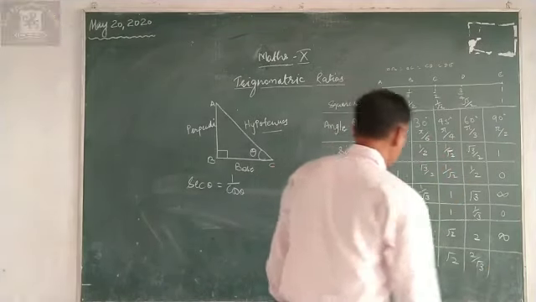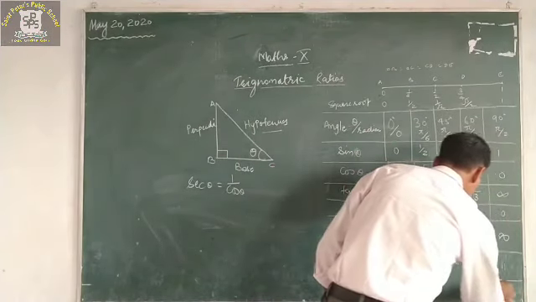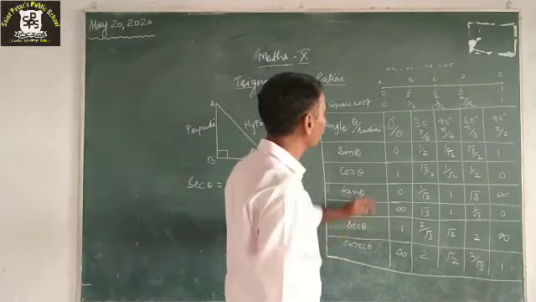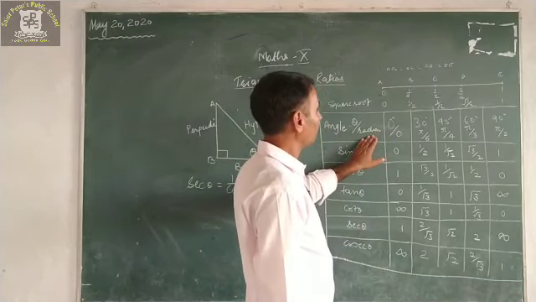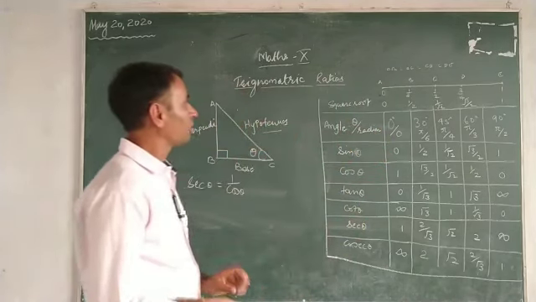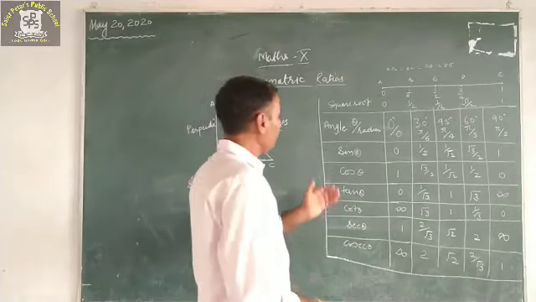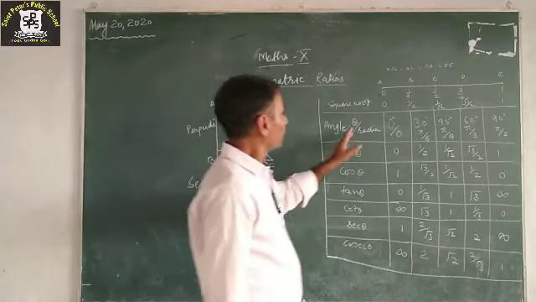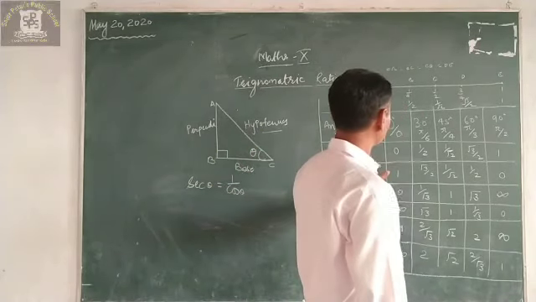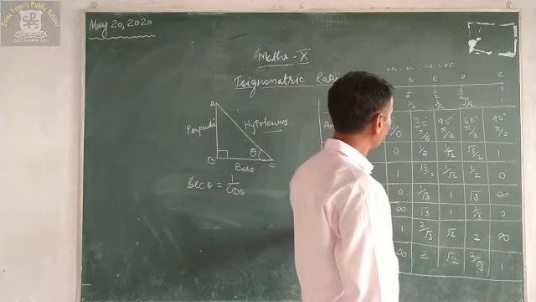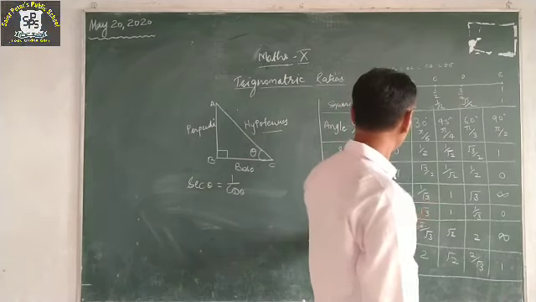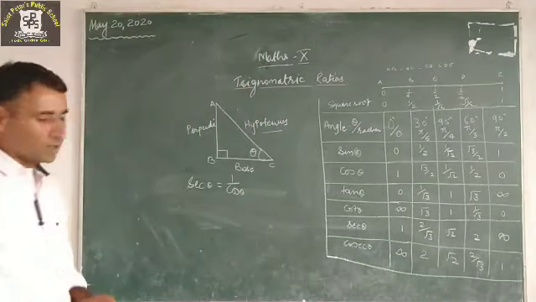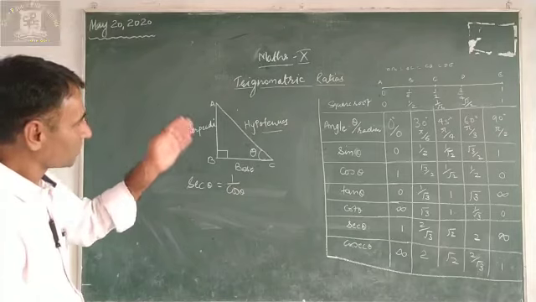and it's 1. So we have only these values of theta that we are going to use in this chapter, and this table is very important for you. So for the value of sine 0 degree, cos 0 degree, or any of the angles, sec 60 degree, cosec 90 degree, you can refer to this table. I have already taught you how to construct this table.